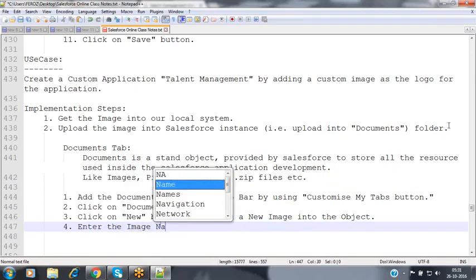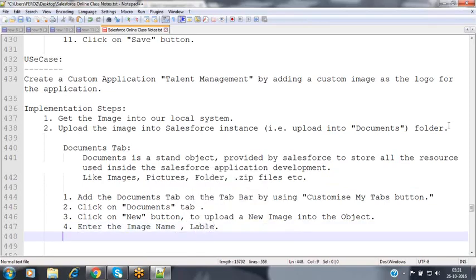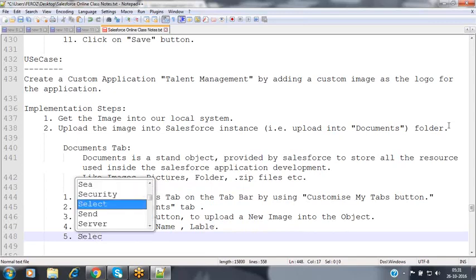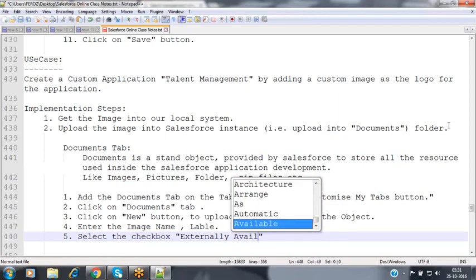Enter the image name, label. Select the checkbox, externally available image.